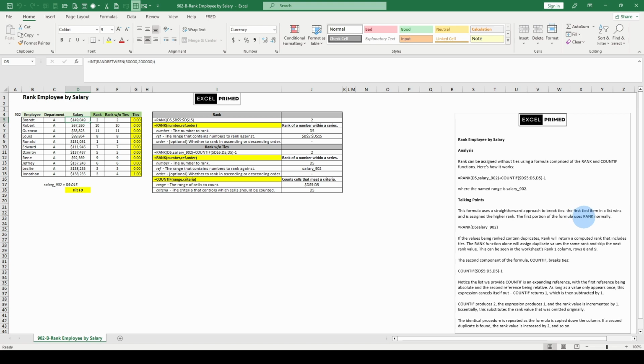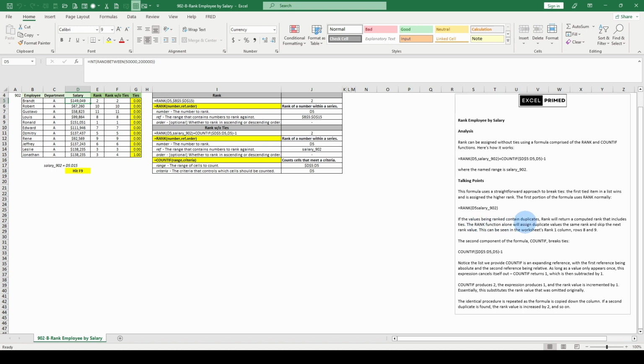First portion of the formula uses the RANK normally. Rank D5, salary 902. If the values being ranked contain duplicates, in other words, a tie, RANK will return a computed rank that includes ties. The RANK function alone will assign duplicate values the same rank and skip the next ranked value. We don't want that. This can be seen in the worksheet over here on our left. The second component of the formula, COUNTIF, breaks ties. COUNTIF D5,